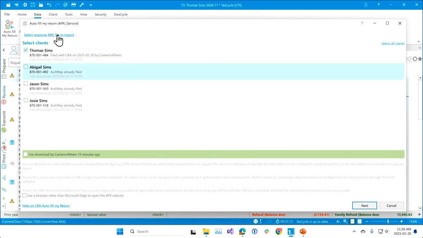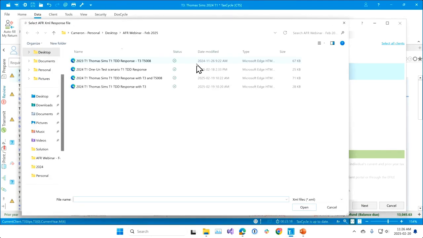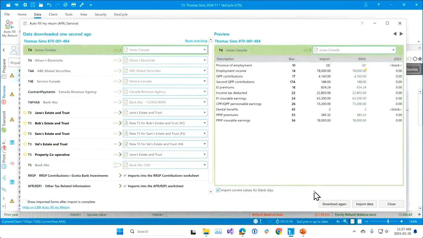So I've simulated some updated data, which I'm using through a special facility, downloading an XML file. This is an XML file that I've made that has all the CRA data plus some additional T3 slips in it. So when I click on this button and click open, TaxCycle will pretend to download it from CRA, and you'll notice that I have a whole bunch of additional